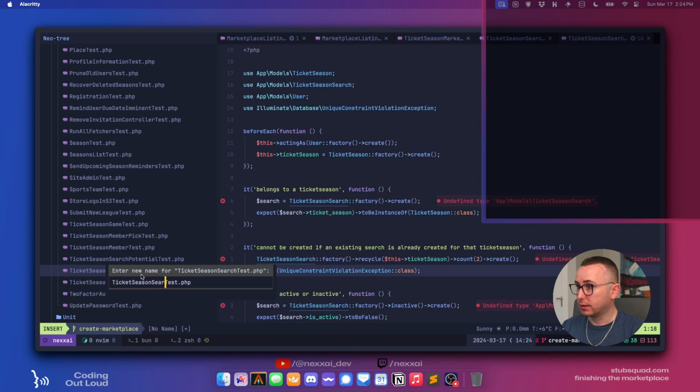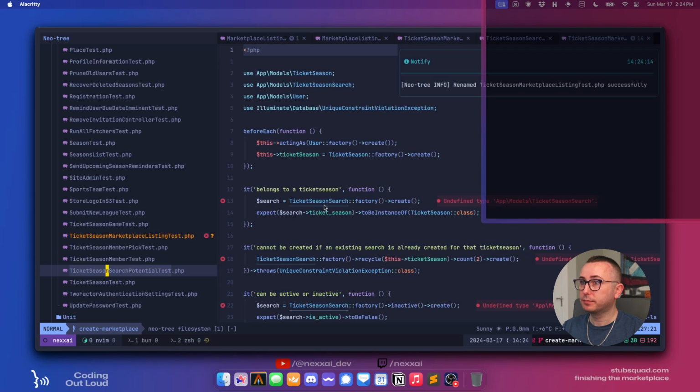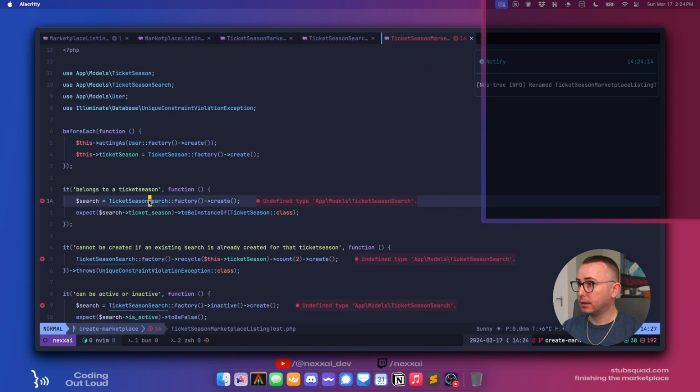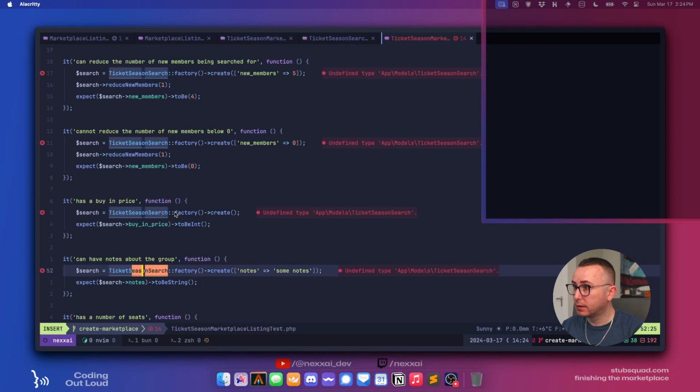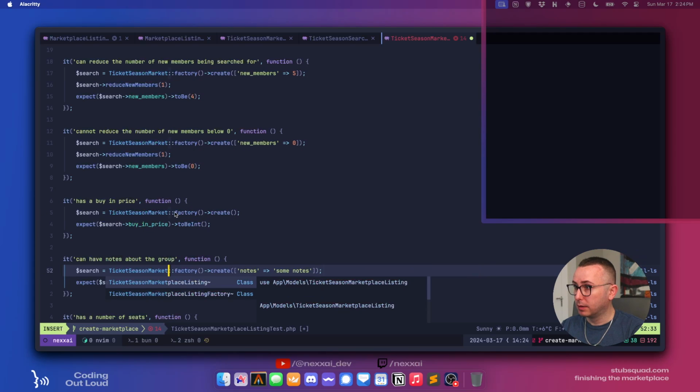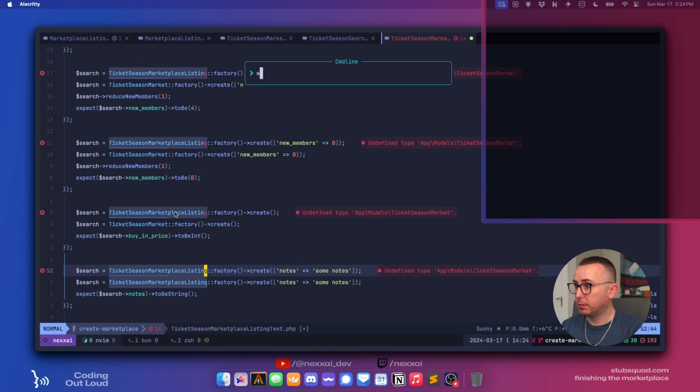So this is going to be marketplace listing test. Hide that, and then we're going to look for all of the instances of this. Season marketplace listing, yep.